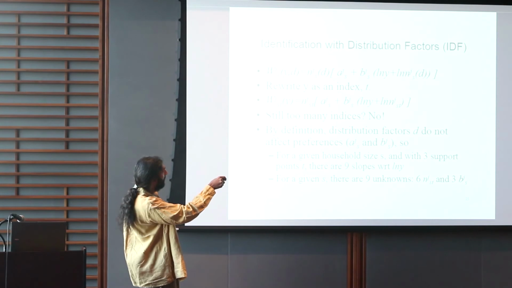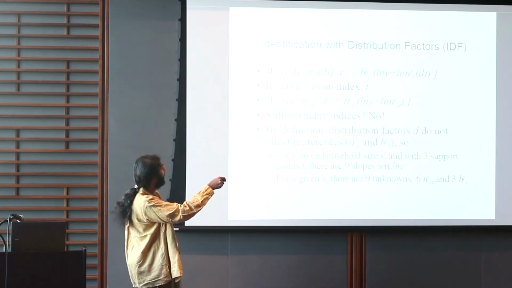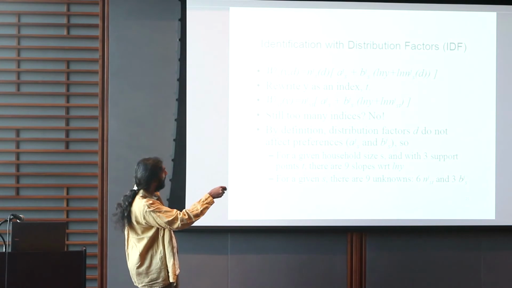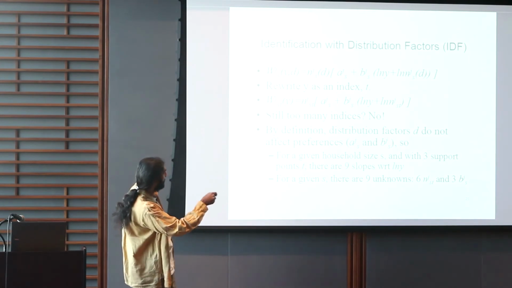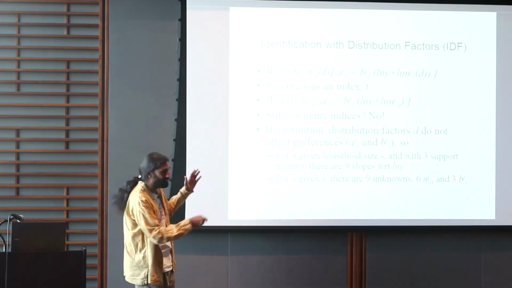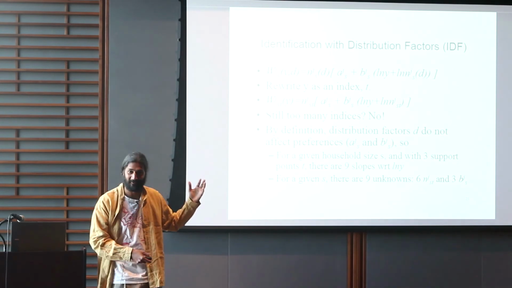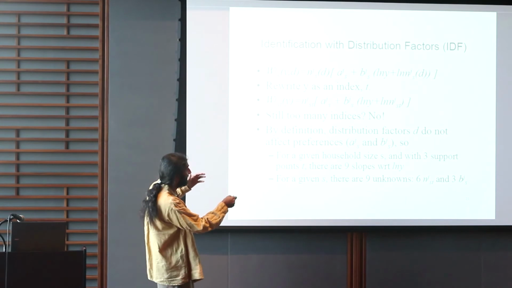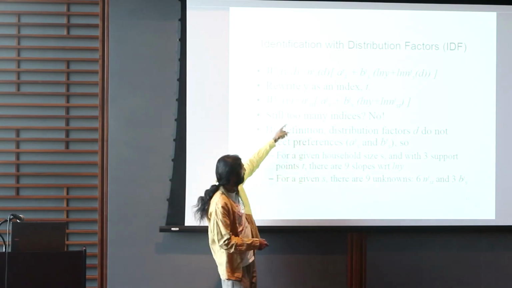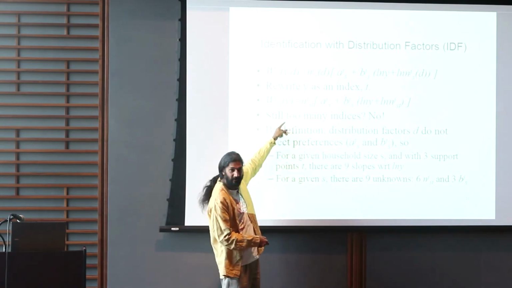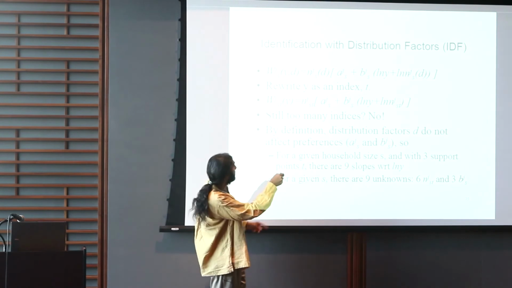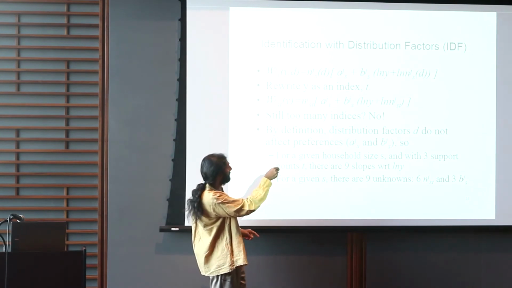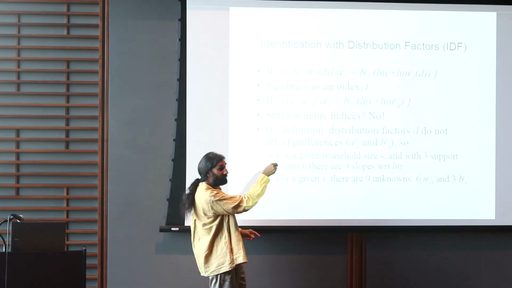Here, I'm going to bring back the D's, and I'm going to bring back that indexing with T, and write it out like that. And it looks like you've got a lot of indexes. Again, you've got a JST and a JST. But in fact, there are not too many indexes here. And the reason is that for each ST, these things sum to 1.